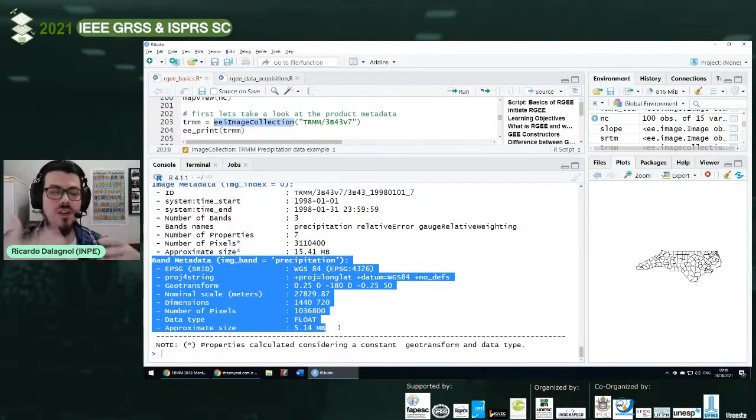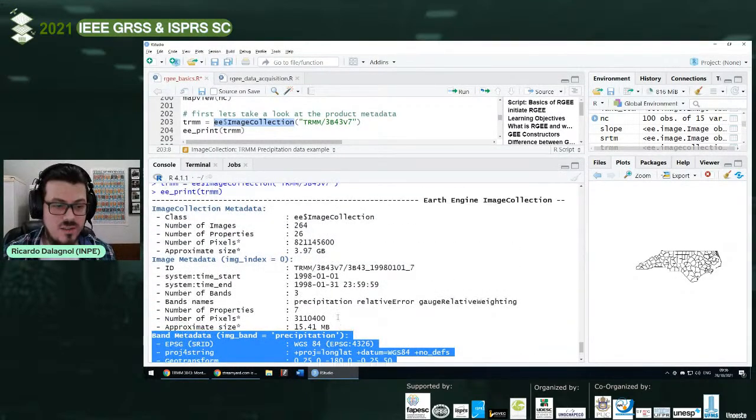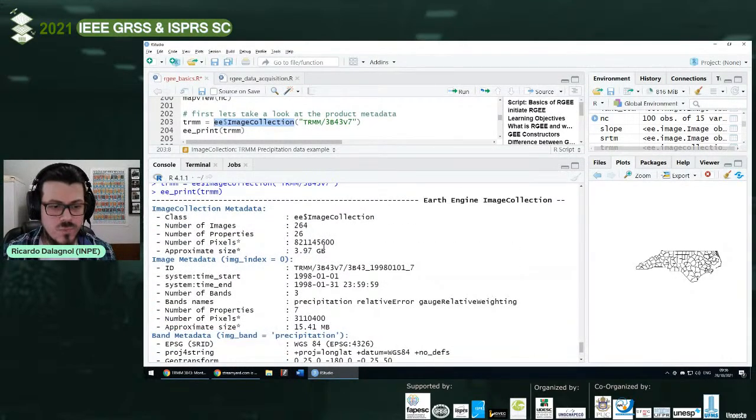So you can see some understanding of what's inside this object. For this image collection, we have data for 264 different dates. And in this case, since we already know it's different months, so it's 264 months. It's already telling us that